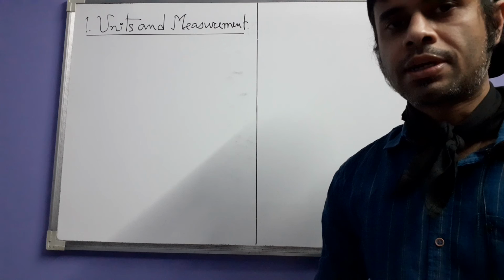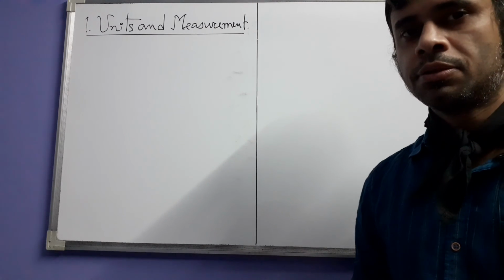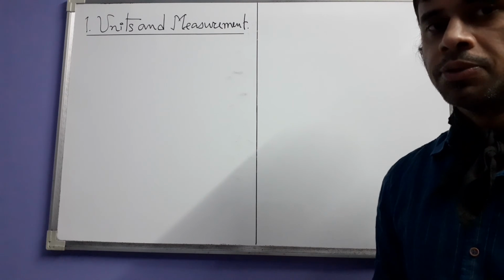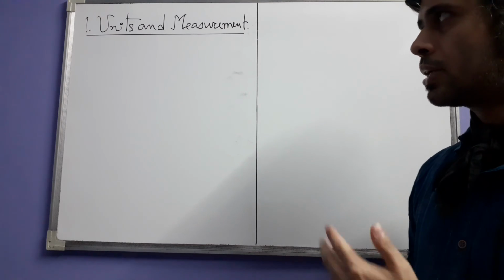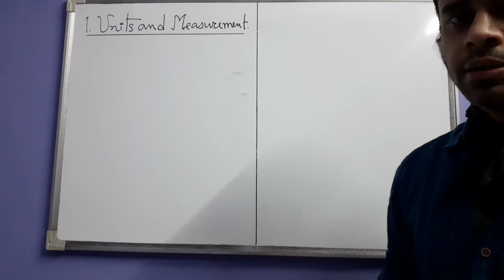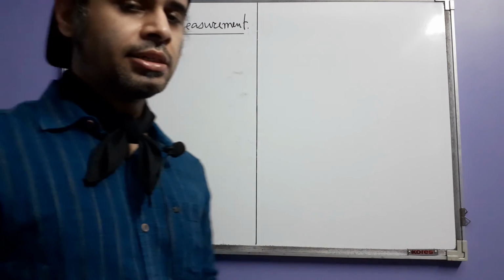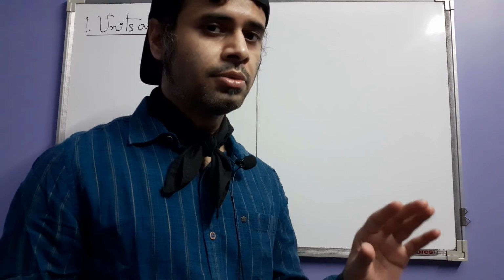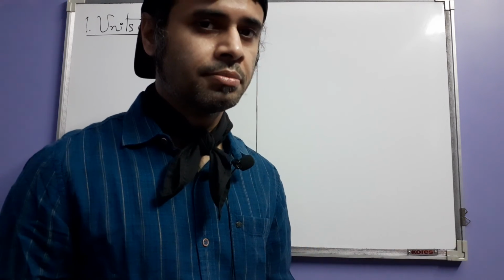Okay, so let us start physics, and the first chapter of course is units and measurement. Why is this almost always the first chapter in nearly every physics book? We are going to come to that, okay, but let us first see what units are. So whenever you measure a physical quantity, it always involves comparison with some known standard which people have agreed upon,